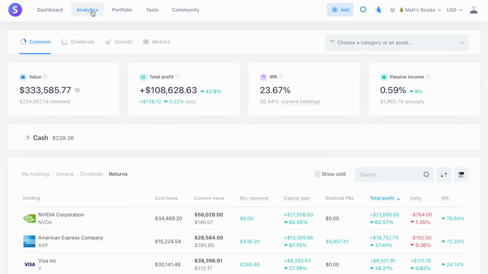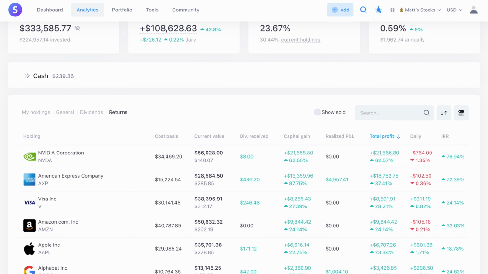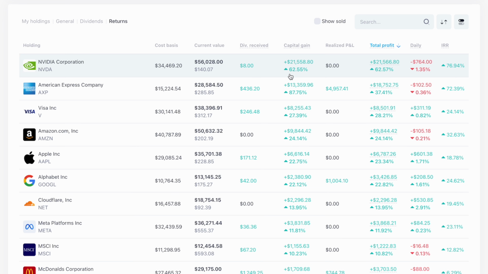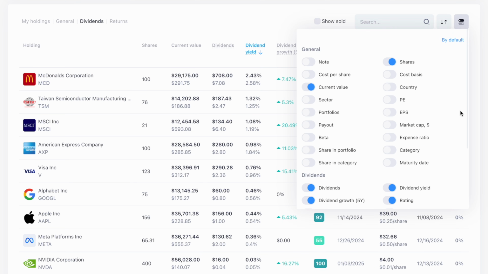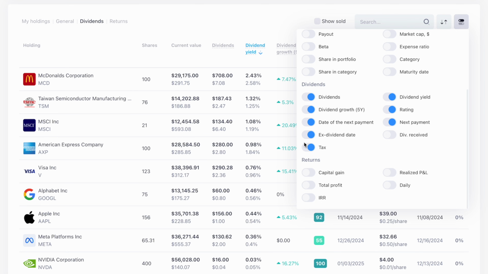All right, but let's go to the analytics tab because here's where I spend a lot of my time. Again, basic stuff up here. It shows your cash position, and then you have your actual holdings listed here with a bunch of different information. Now there's the return tab here, which shows you the actual return that you've had. There's a dividend tab, which has the dividend score, dividend growth, and a bunch of other kind of criteria here that you can choose. They have the filters up here that allow you to customize it however you want, which